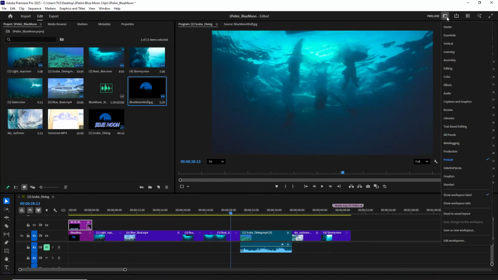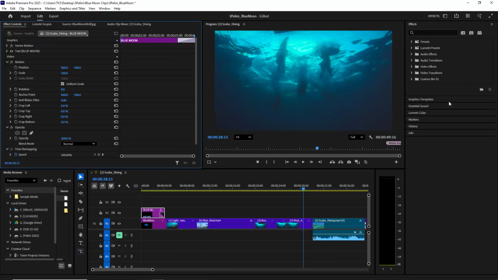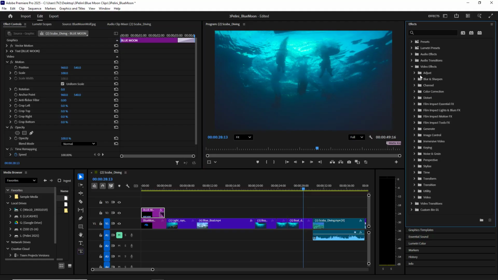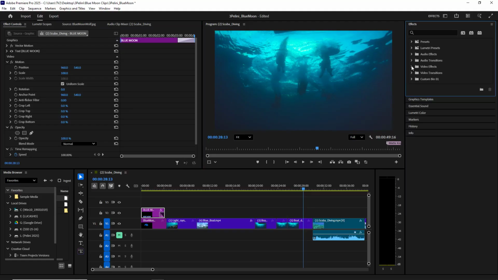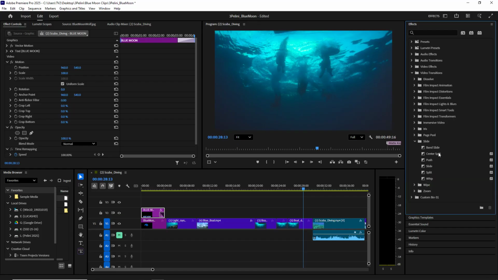So we're going to change our workspace to effects because it is an effect. It's going to show up here on the side. Audio effects are for your sound. Video effects are for your videos, and there are different things you could do to the video. But in this case, we want video transitions. So I'm going to open the window, open the folder, and then it'll show me all sorts of crazy transitions. Unfortunately, you can't really preview it before you put it on, so the only way to know is to actually just put it on. So I'm going to open my slides,